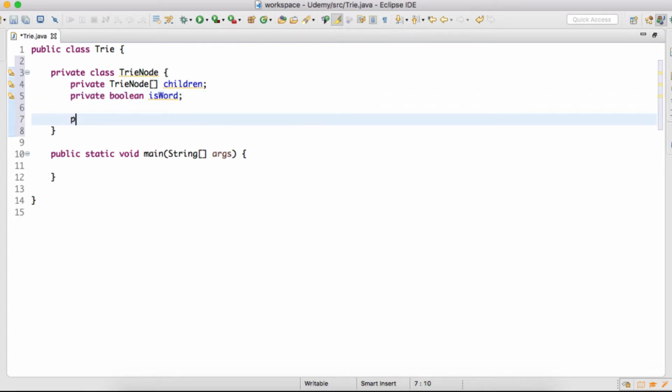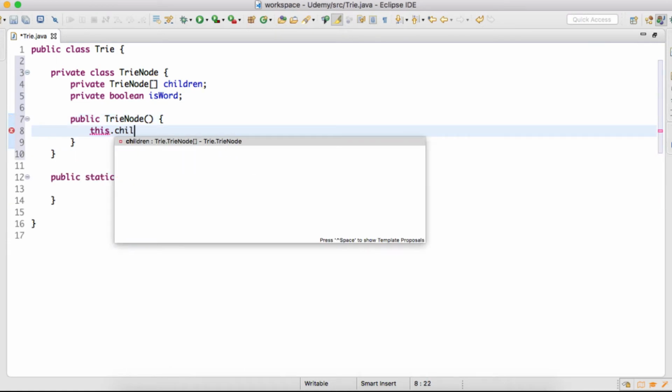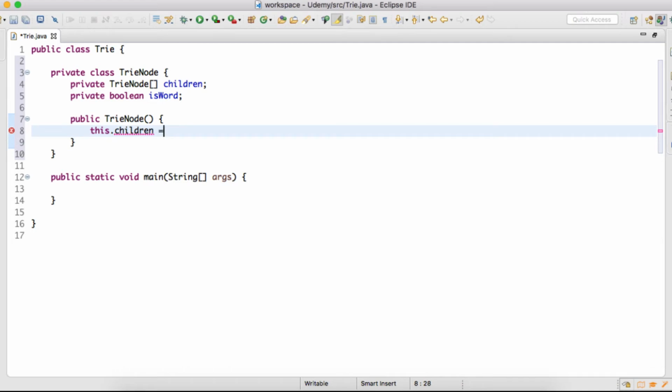We'll also provide a constructor to this trie node. And inside this constructor, we will initialize this TrieNode array with a size of 26, because here we are storing English words.